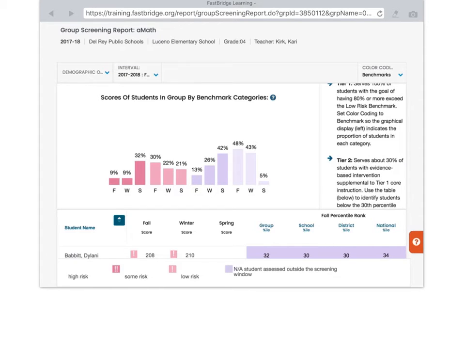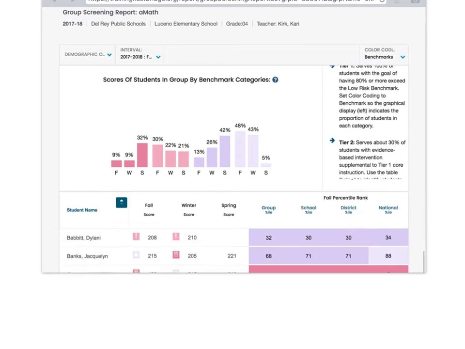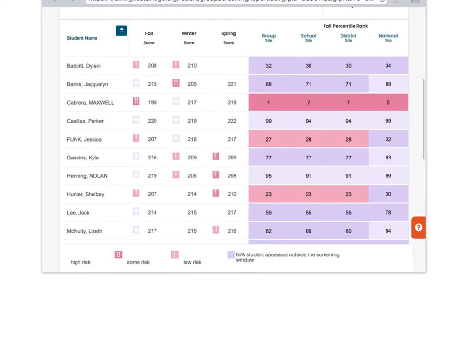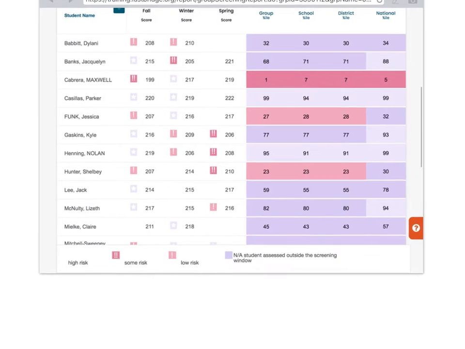So the second thing we want to use this data for is this report, looking at our students and looking at their scores. So I'm going to go ahead and scroll down, and we'll look at our students here. One of the things that you can do is they default to alphabetical. If you click underneath fall score,